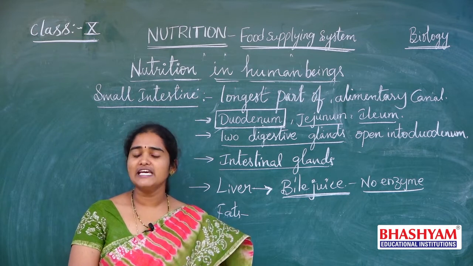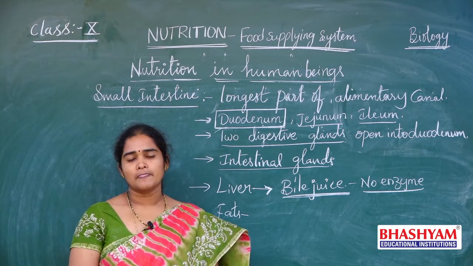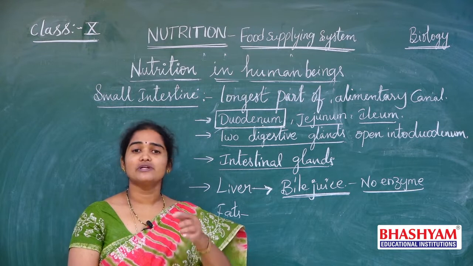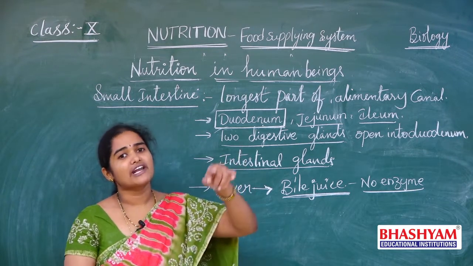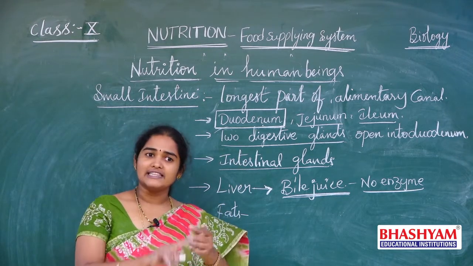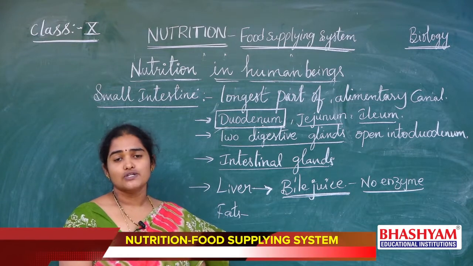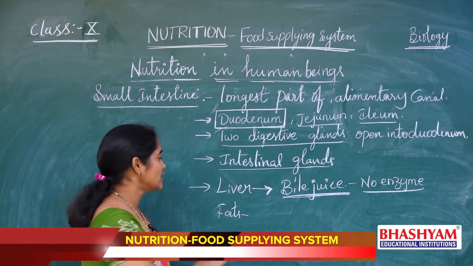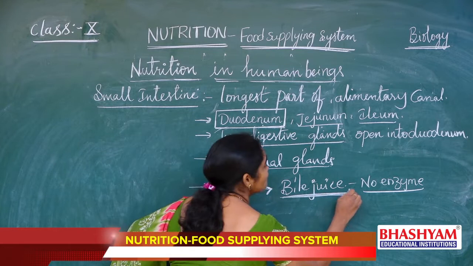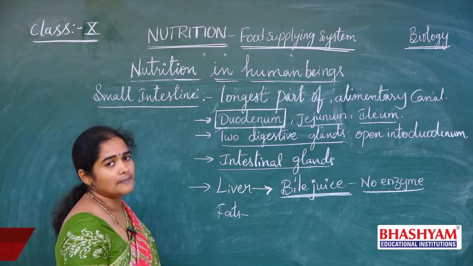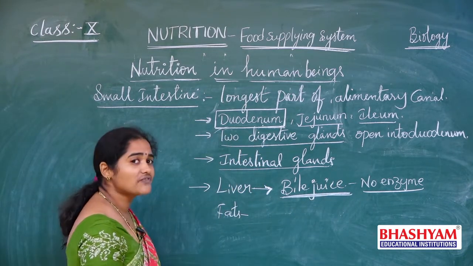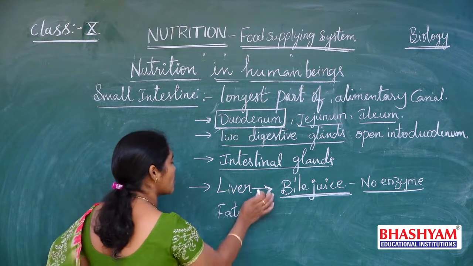Whatever fat we eat is a complex fat. So to digest it, it has to be converted into simple fat, then only fats will digest. To convert the complex fat into simple fats, this bile juice is useful. That conversion is called